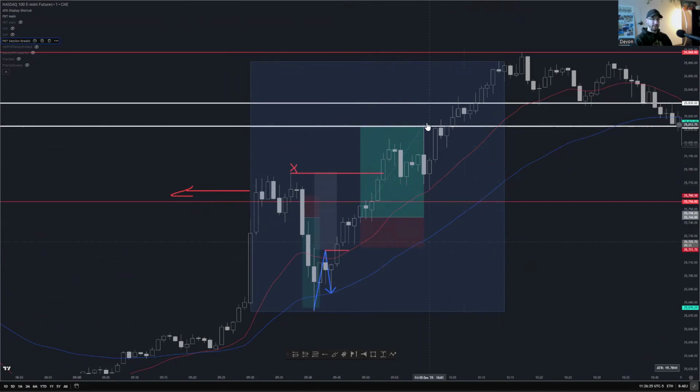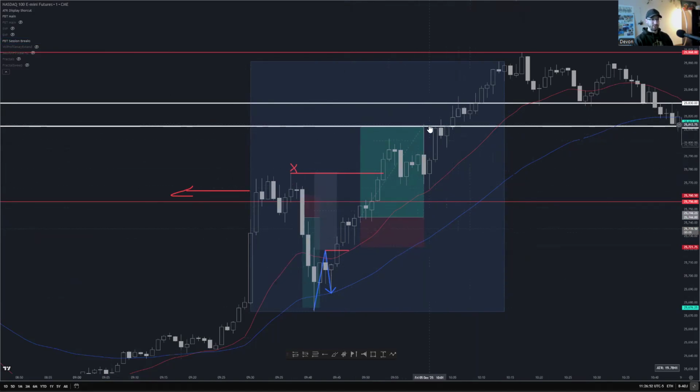So if you did not enter, or as price was pushing up here, you entered, once it breaks the level, expect a pullback. Once it breaks a level, expect a pullback. Go over that in your head constantly, because it happens all the time. If structure is not necessarily on the time frame you're looking at, you might not be analyzing the chart properly, and those little pullbacks here could come in quite violent.